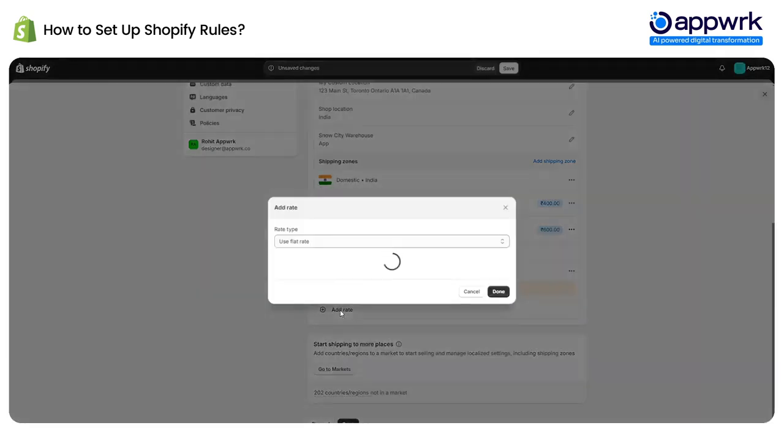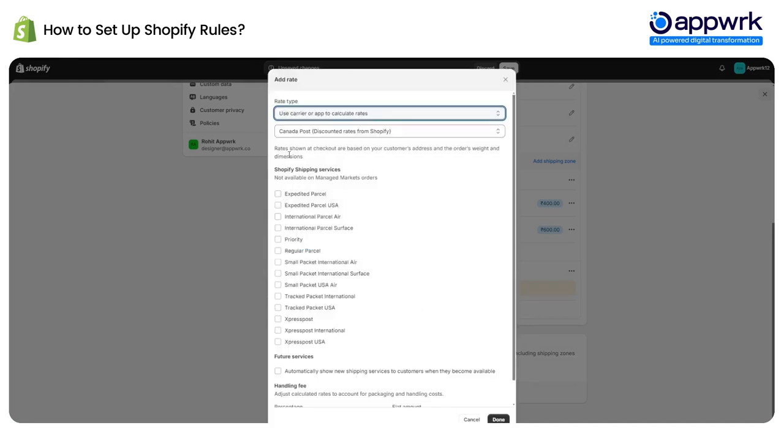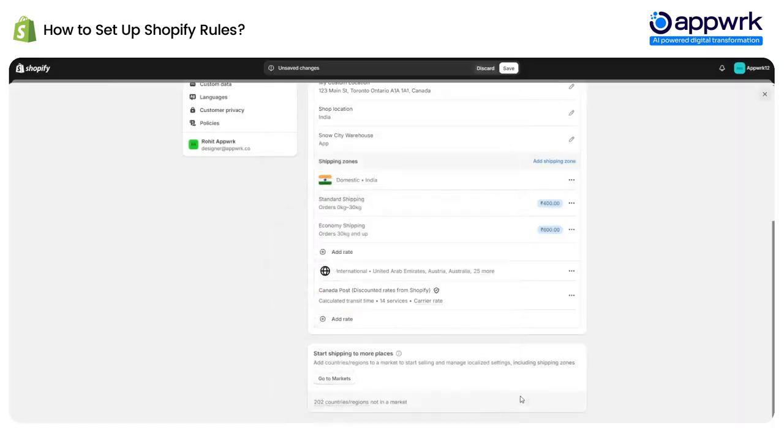And you can do the same for the international zone as well. So you have the carrier calculated rates here. I've selected this option and you can check the rates that you want to show based on the packages and the delivery you provide. Add it and done. So people who are in this international zone will see this carrier calculated rate, and those who are in the domestic zone will see the rates based on the